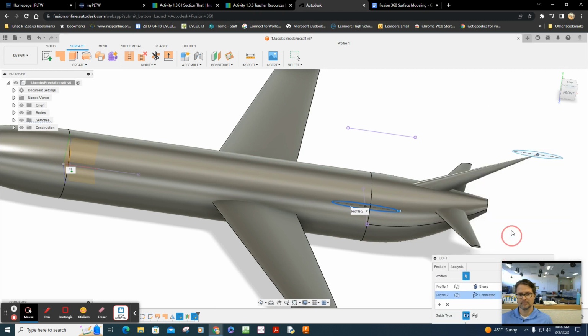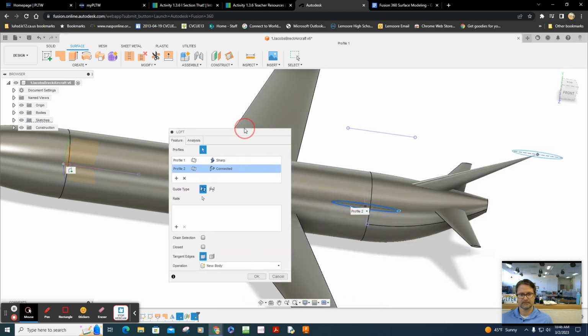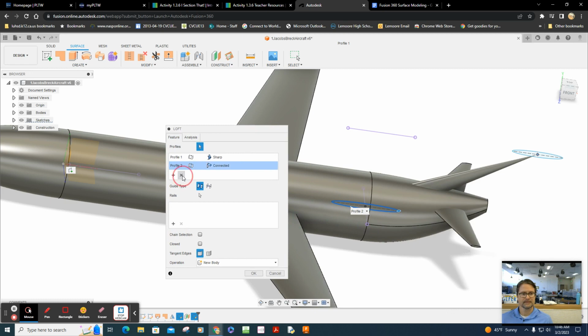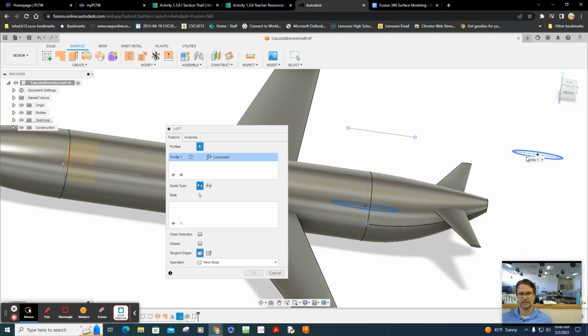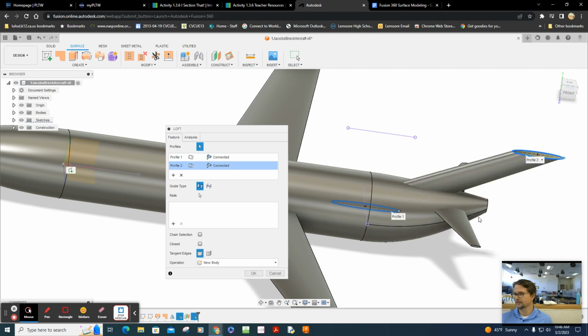Oh, well, so that's a little off. Let's fix that. Exit, exit. Profile 1, profile 2. And barring any mistakes, I'm going to leave it.